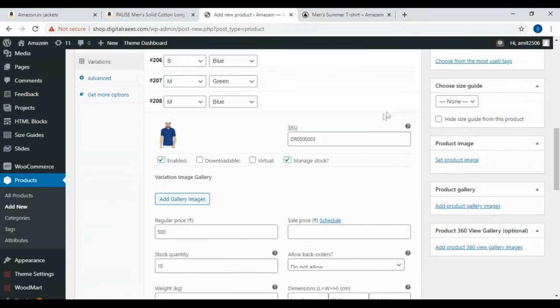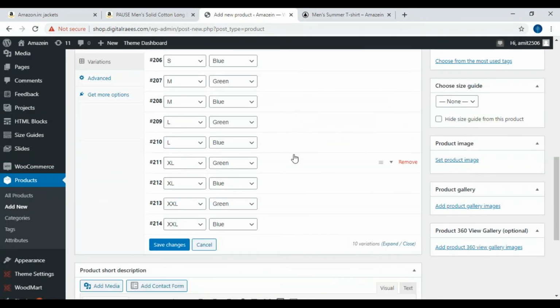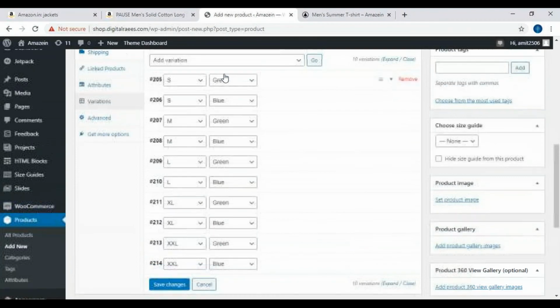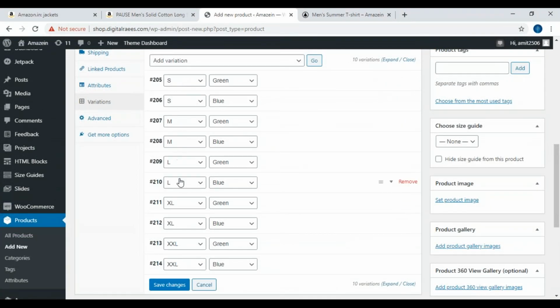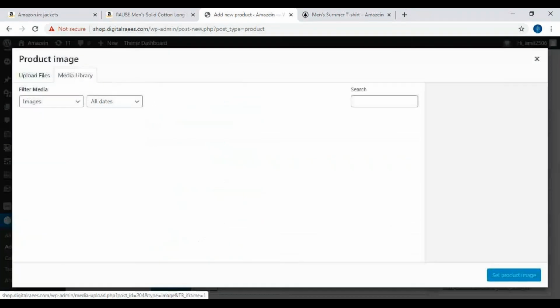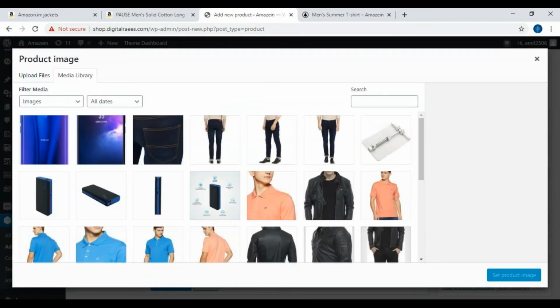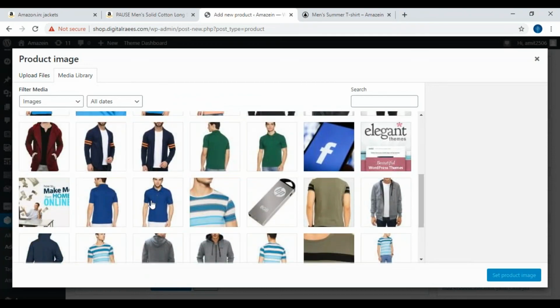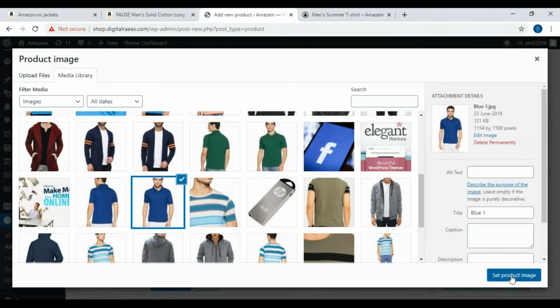Okay. So once all these things are done, once you have individually done for small, medium, for everything. So for now, just take 2 and 2. So it is going to create 4. So you will be doing it faster. Then you have to click on set product image. So you can put blue or green, any one image as the main image.